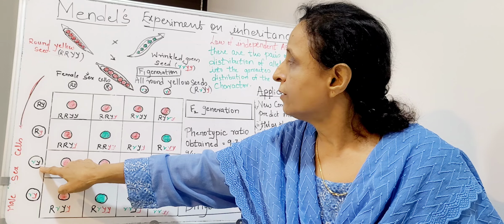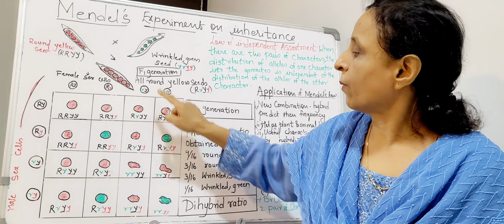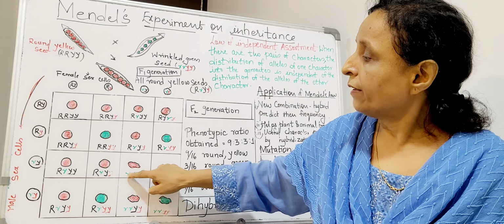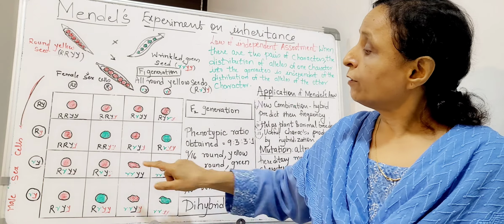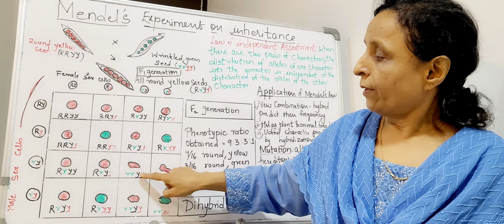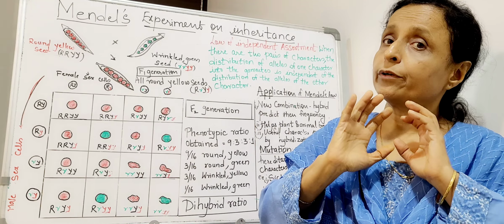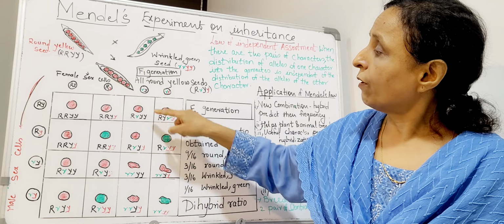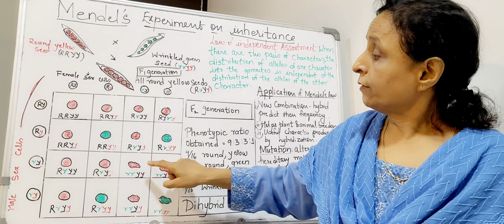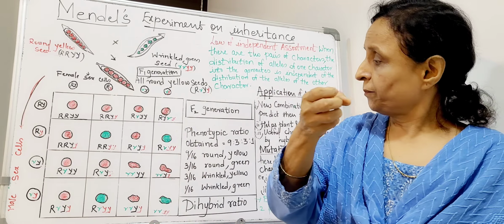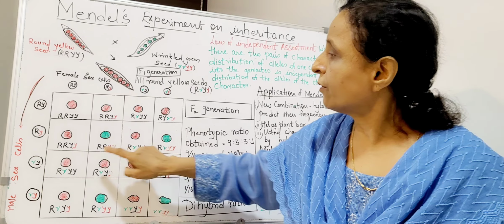Now let's see this combination. Small r, big Y, small r, big Y. So R is recessive. It is not round, it is wrinkled. So it has to be wrinkled. But capital Y are present, therefore it is going to be yellow. So this is yellow and wrinkled vatana seed. So here now next combination,